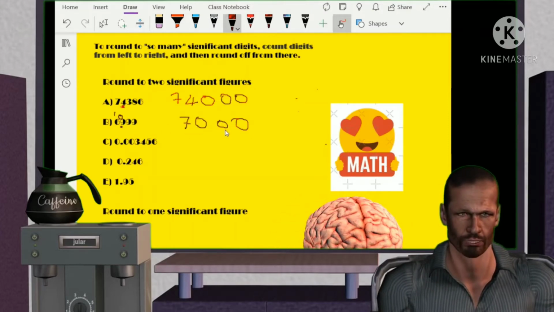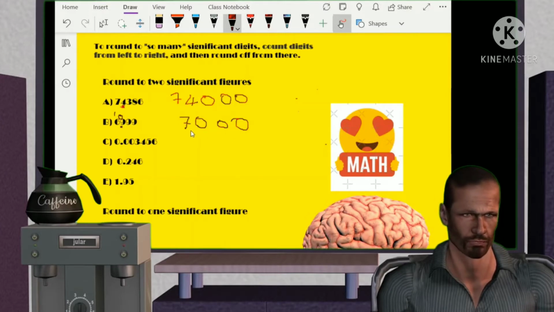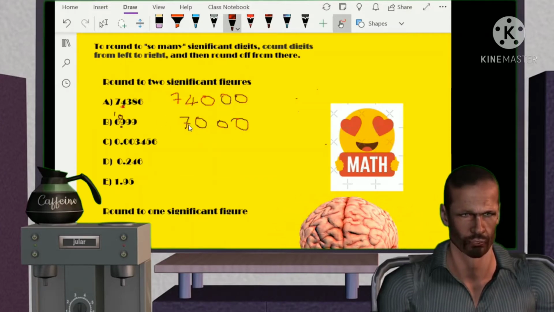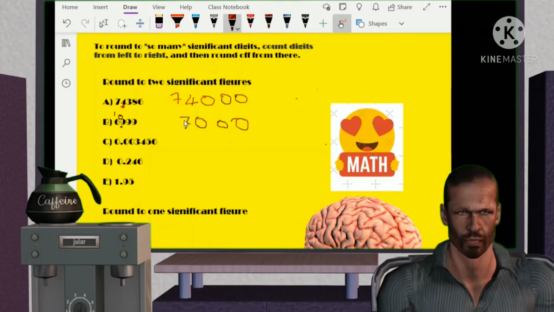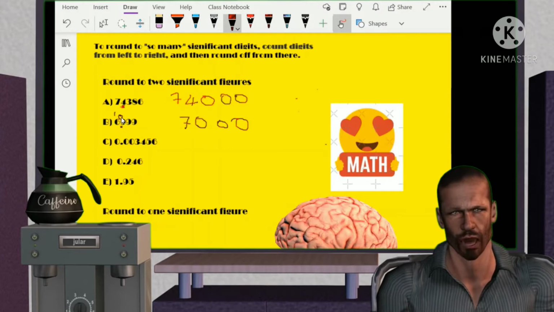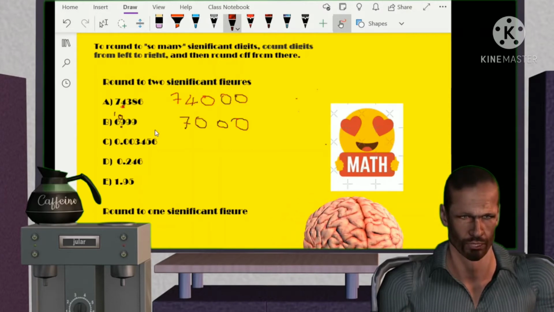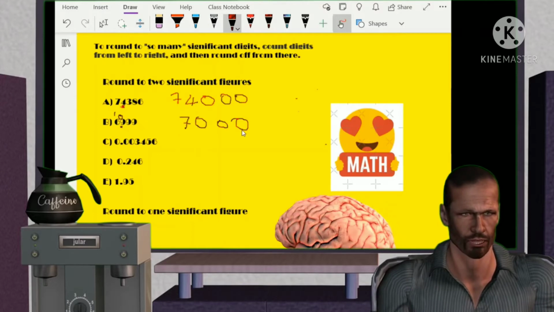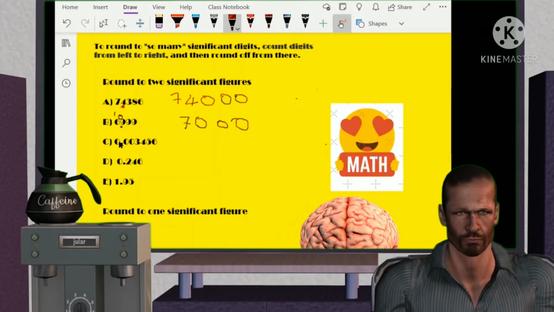It becomes 7,000. Now, of course, this one is unique because it becomes 7,000, and as you know, 7,000 has one significant figure. But in this case, it's unavoidable because of the nature of the number. When we round up, it is going to go to 0. So we have no choice but to have 7,000 there. What about